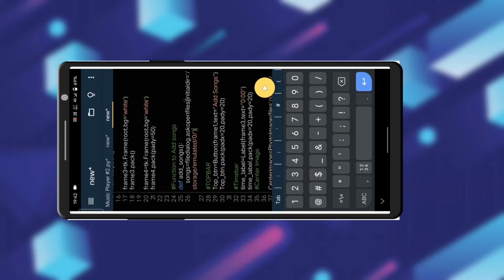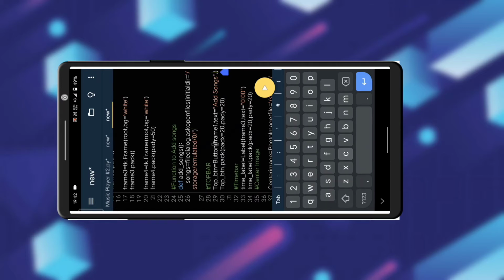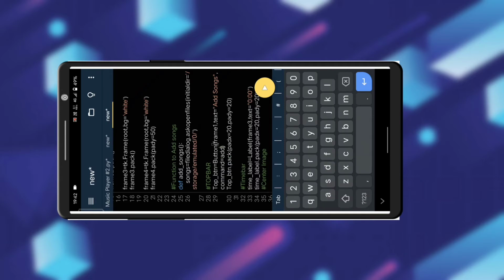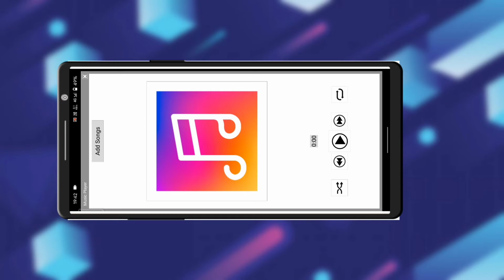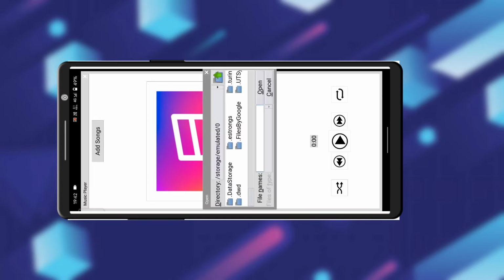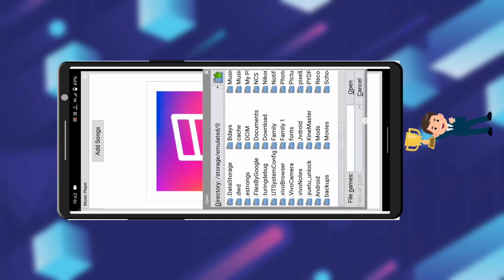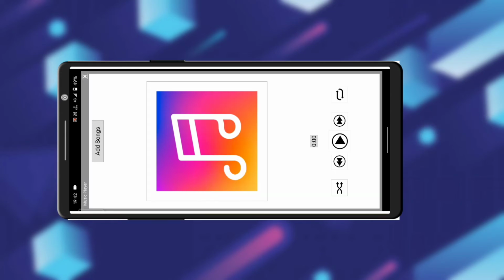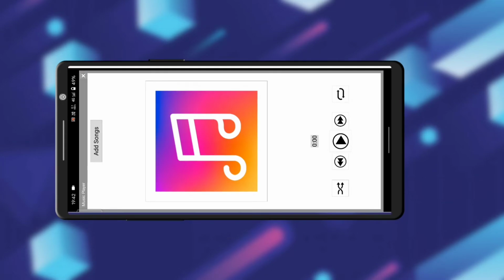And now we have to add this command in our button using the command syntax, which is going to call this function after the click. So I am typing command and the name of the function which we want to call. Let's check whether it works or not. Okay, as you can see, when we click add songs, it shows all the files present in our internal storage, and it is also locating mp3 files.